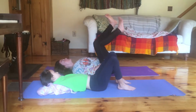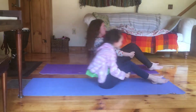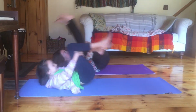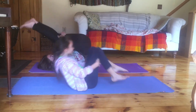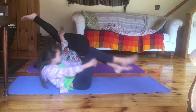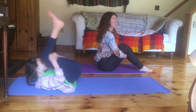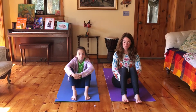Or if this is fun for you or accessible, you're going to grab behind your thighs and use your feet to rock forwards and back, massaging from your shoulders to your hips. As many times as you'd like, just waking up your whole back, all the lymph glands, and then come up to seated for our next section. Good, so once you've rocked up,